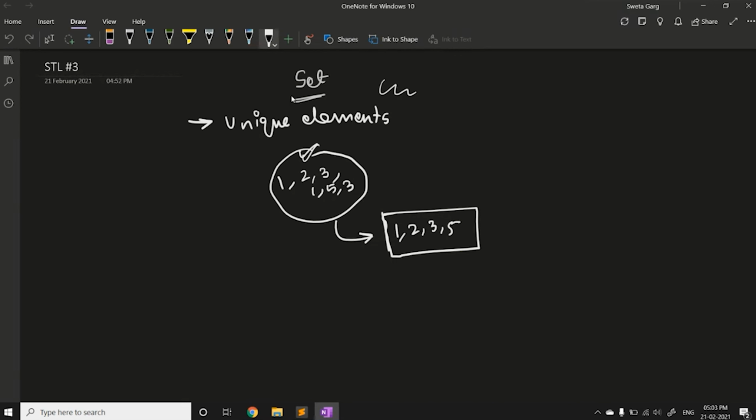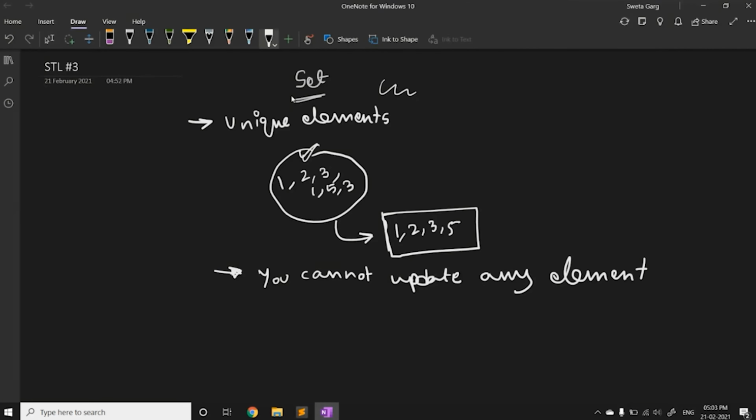So a set container is helpful if you want to remove redundancy from your array and only want to store unique elements. Another important feature of the set STL that you must remember is that you cannot update any element.